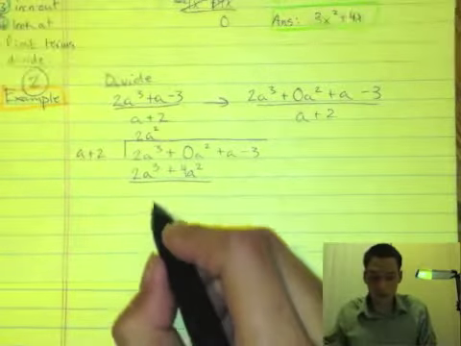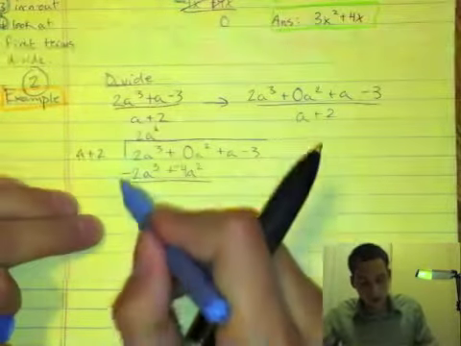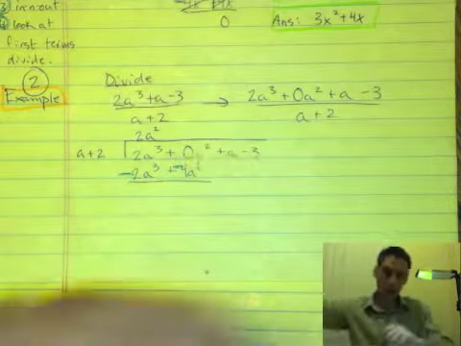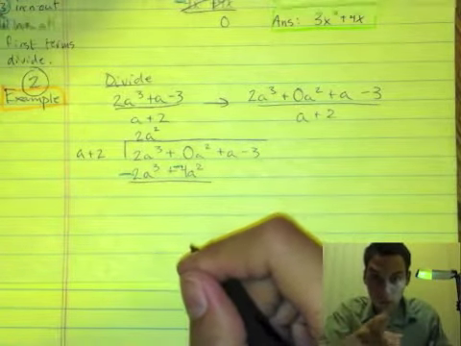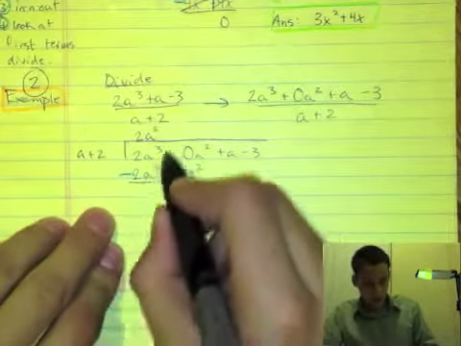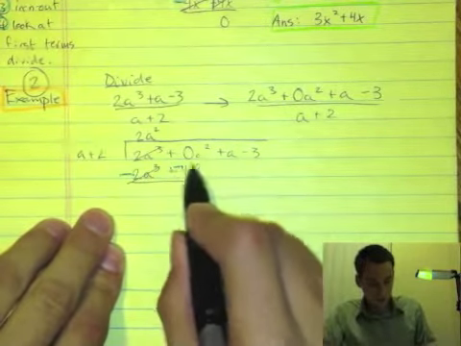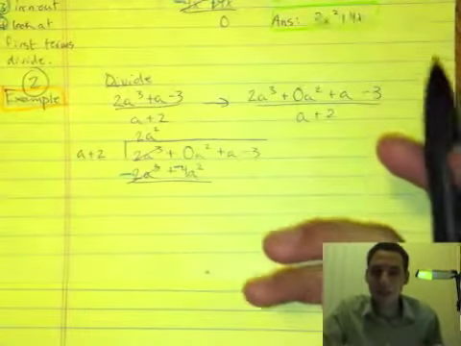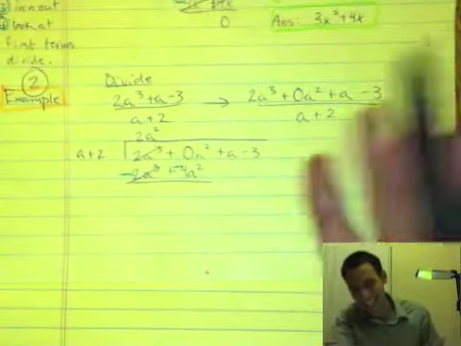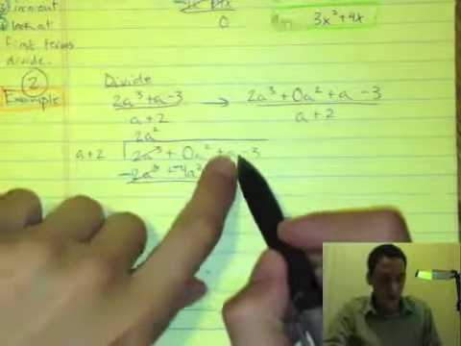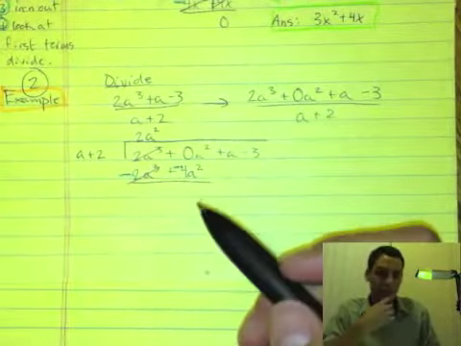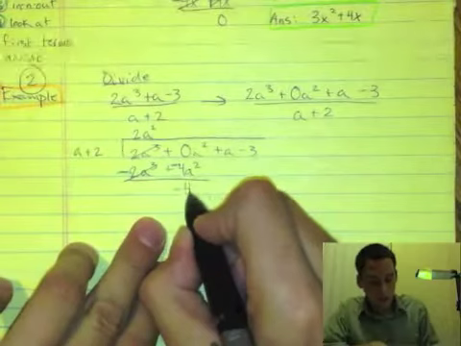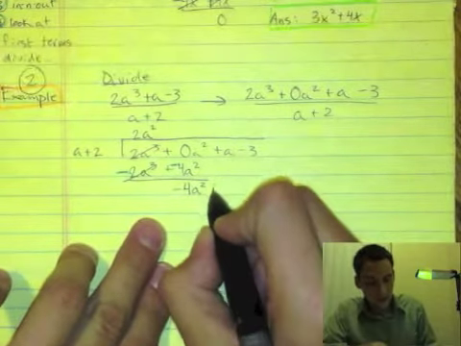And then I subtract. So I'm going to change the signs. And I'm changing them because I'm subtracting, not because I'm just doing whatever I want. And then I'm subtracting. So these go away. And then here, see, I'm subtracting like terms. That's why I need a placeholder. Otherwise, I might have done 1 minus 4, and that's not right, because these aren't like terms. These are. So I'm left with minus 4a squared, and then I bring down everything else,